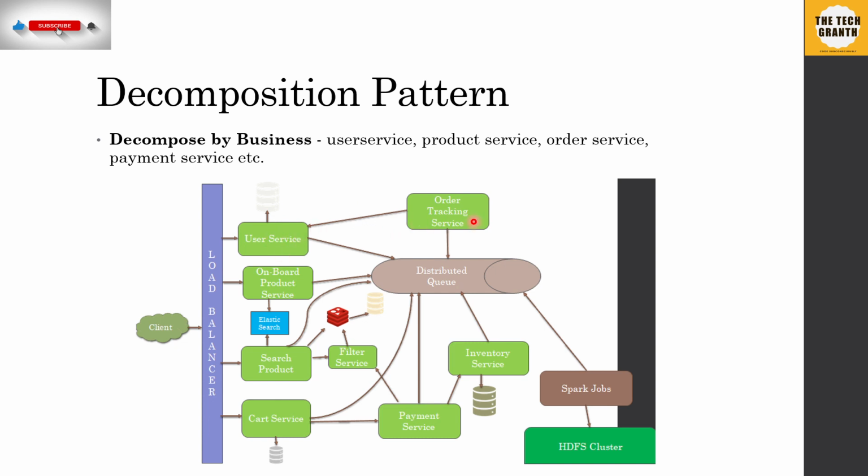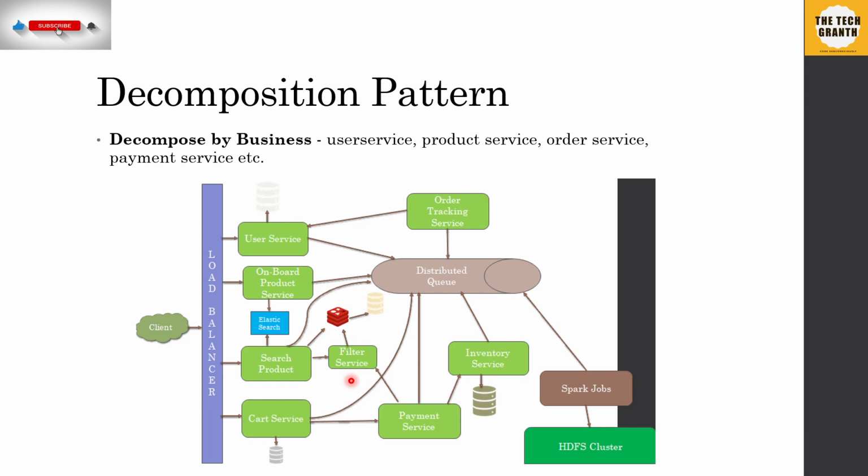like this: user service, order tracking service, inventory service, payment service, cart service, and there was also a search product and a filter service. So these are all small services that have their own goal, and that can be deployed and scaled separately or individually as and when required, and they are broken based on the business that I am